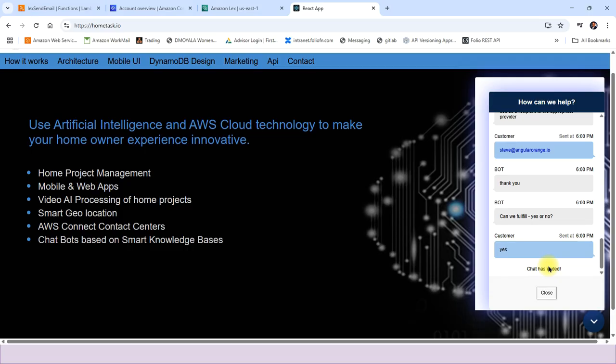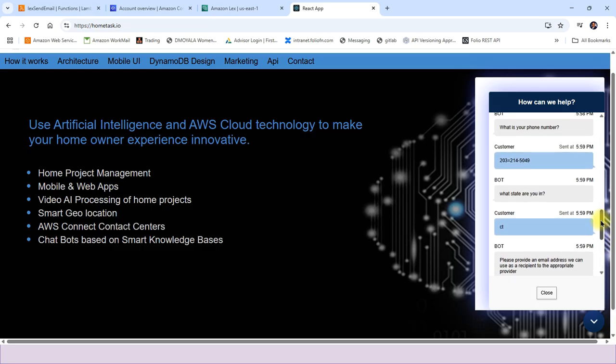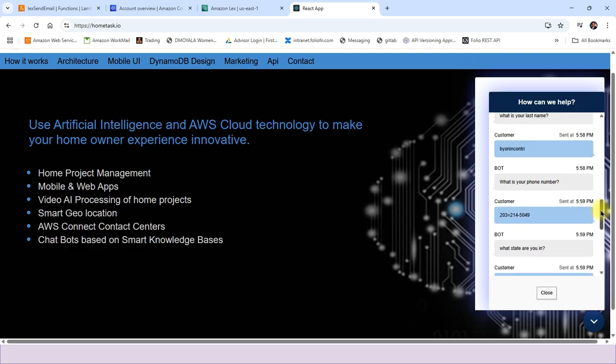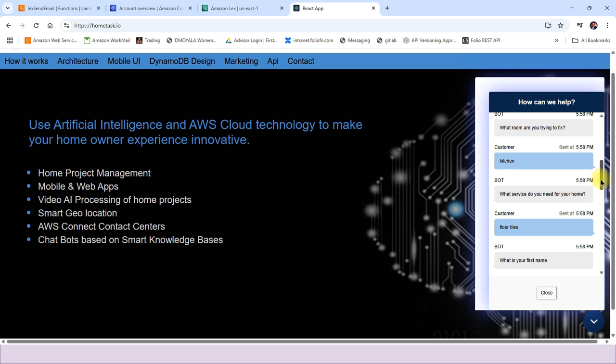because what I'm doing is I have a chatbot, and although I can invoke the Lambda every time I respond to one of these slots, which is the answer to the question, I could be validating them. Now, it turns out that if I put in the wrong email address, this slot is type email address. So if I don't put the @ symbol, you'll get an error and it'll ask you again for the email. And so I could do any kind of validation that I want here. And all these fields, I think this is a phone number. I don't know what kind of validation that's going to do,